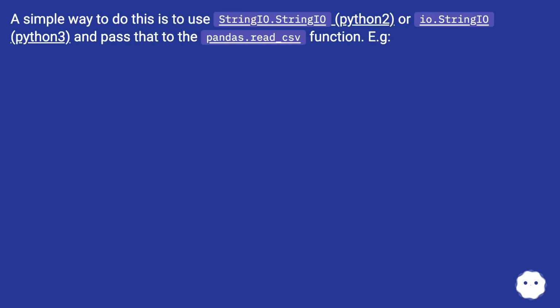A simple way to do this is to use StringIO.StringIO in Python 2, or io.StringIO in Python 3, and pass that to the pandas.read_csv function. For example: